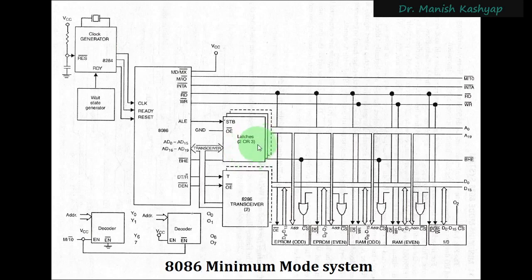So there we have to use these three ICs, right? So this is there. Similarly for the transceiver, as I told you, 8086 has a 16-bit data bus. However, 8088 will have an 8-bit data bus. So for 8088, we only require one IC, and if it is 8086, we have to use these two ICs. Since we are dealing with 8086 now, we have to have both of these ICs, right?